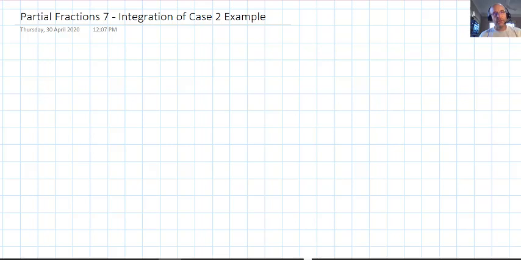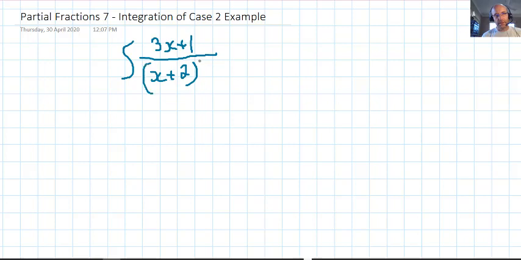Partial fractions 7. We're going to look at some integration of case 2, and we're just going to cover one example in this video. Remember that case 2 is repeated linear factors. So let's consider the following. We have the antiderivative of (3x + 1) over (x + 2) all squared, hence the repeated linear factor there,